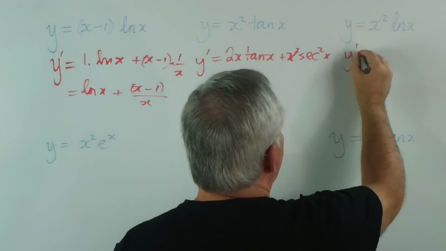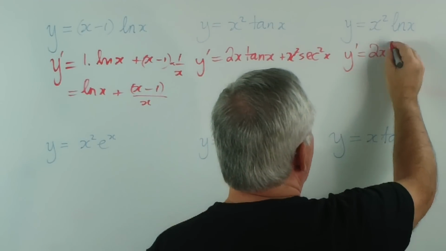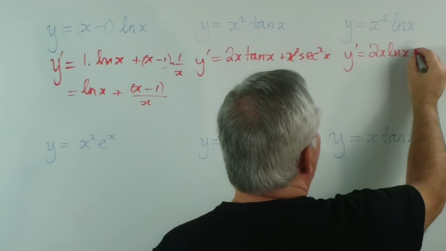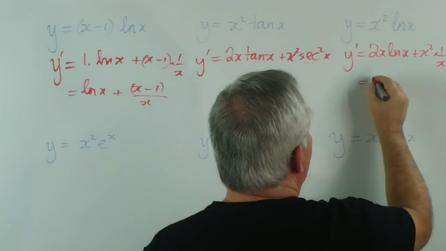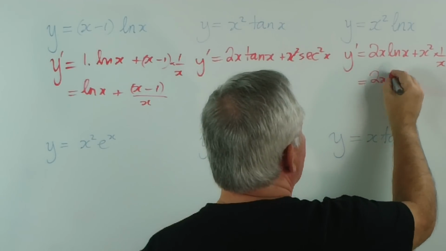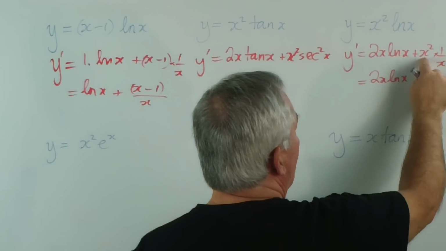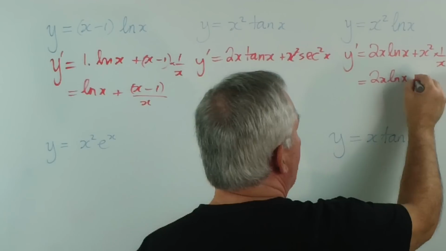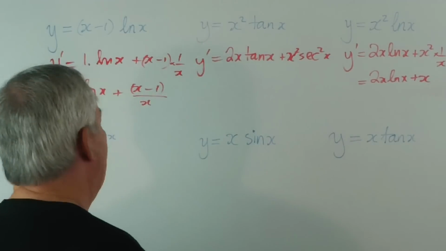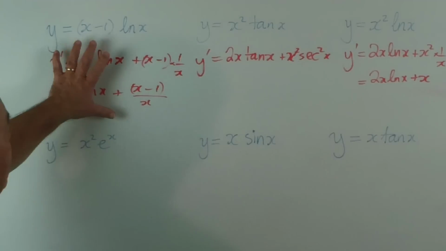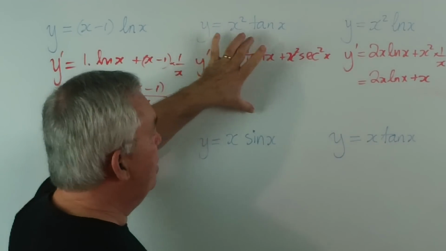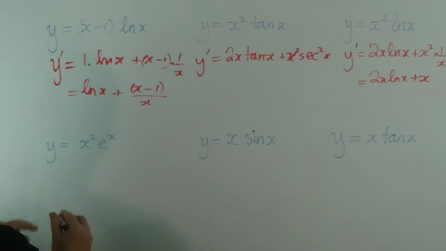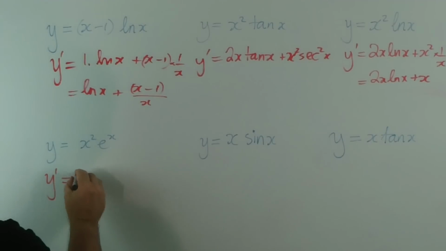The derivative of this one will be 2x times log x plus x squared times 1 on x. Simplification, 2x log x, and one of these x's will divide out, leaving you just a simple x. By the way, this was the 2012 HSC question, 2010 and 2008. Here's the 2011 question,